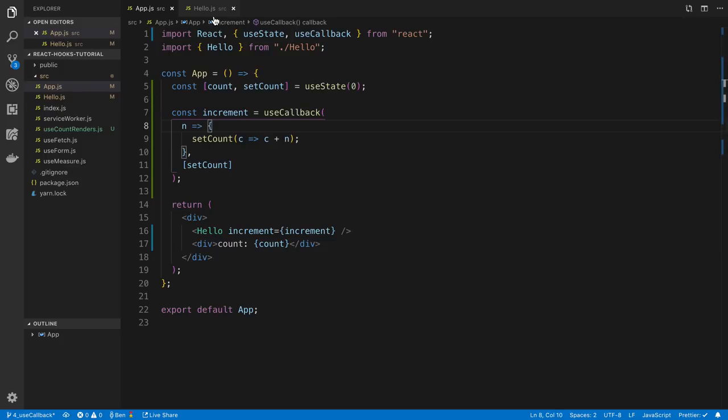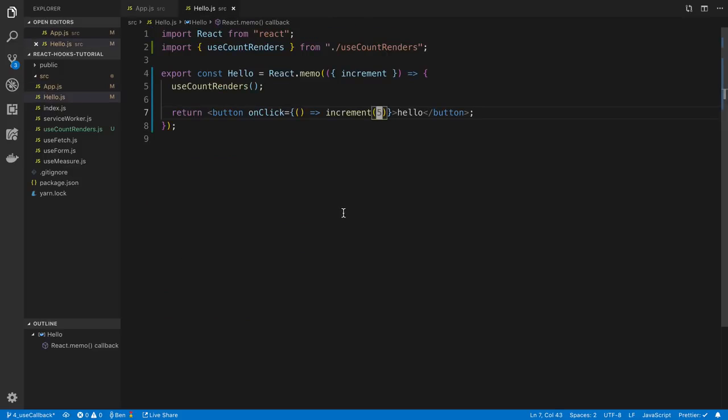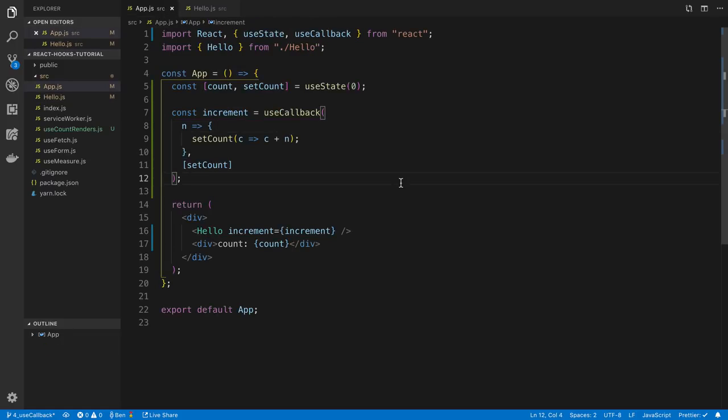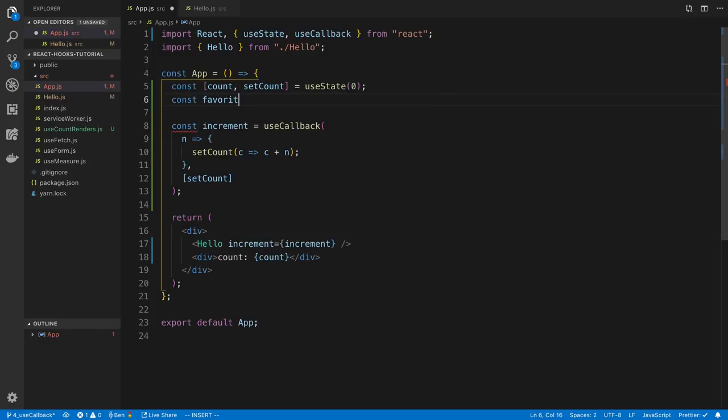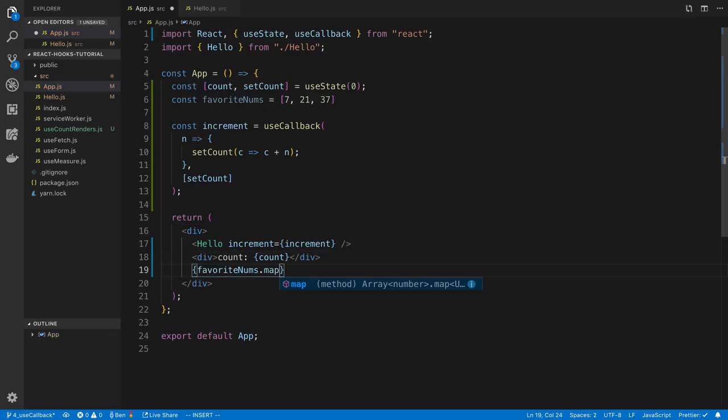So the last thing I want to go over is a more practical example of where this comes up. I find this comes up the most when I want to loop over an array of something. So let's say I'm just going to create a favoriteNums array, which is going to be 7, 21, and 37, our favorite numbers for today. Let's say I want to loop over these numbers here. So I'm going to say favoriteNums.map, and we're going to say n,